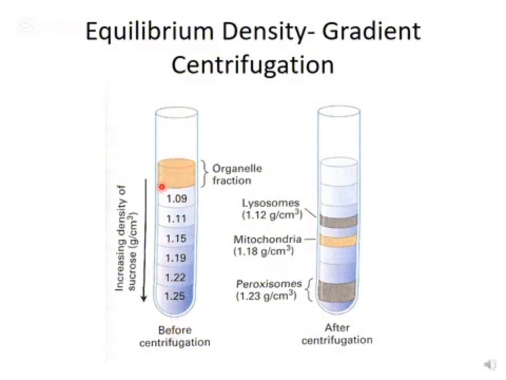However, the gradient is larger than that of the previous centrifugation process that we described. Again, increasing density gradient. So when we move to the bottom, the density is higher, to the top it is lower, and then we subject the tube to centrifugal force, and organelles and larger particles, so all of these are much larger than a protein,